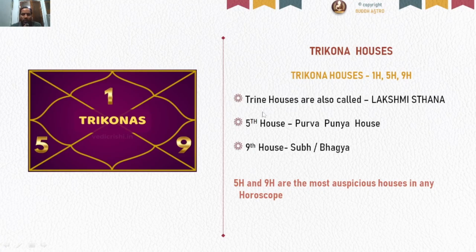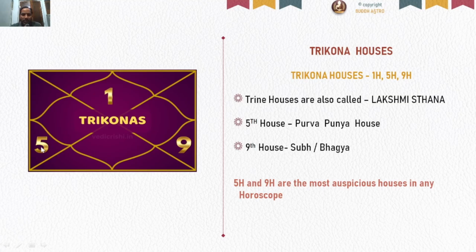Right? Fifth house is also known as Purva Punya house. And ninth house is also known as Shubh or Bhagya. Now, in any horoscope, these two houses, fifth house and ninth house, these trine houses are the most auspicious houses for any horoscope. So, connection of a house lord with these houses or with these planets will give you auspiciousness